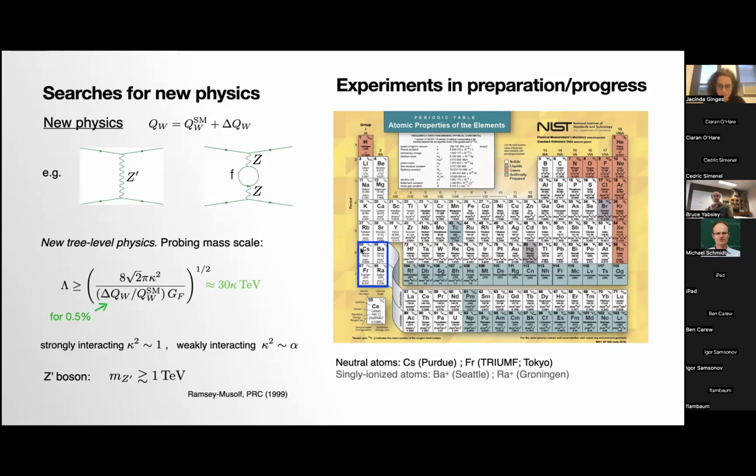No. So yeah, for cesium, I don't know all the reasons why experimentally it's a nice system to study, but of course the effects themselves are going to be very much enhanced in these heavier systems because you have the enhancement of Z cubed, even higher than that, slightly, due to relativistic effects. So that's why you want to be going as high as you can. So we're here at the end of the periodic table, with single valence electron systems so that they're theoretically tractable at the same time. So you want the heaviest single valence electron systems.